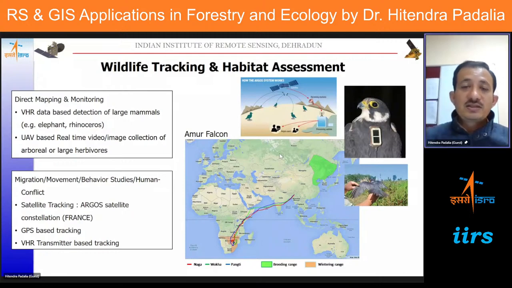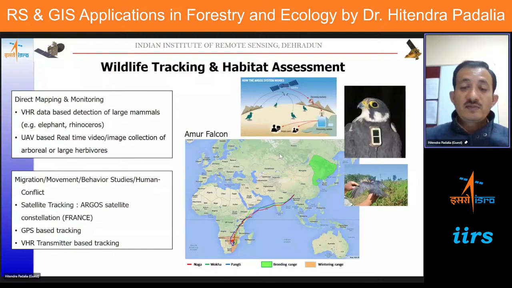So they tag this and then they track the movement of 3 individuals, and you can see in the map that a very interesting track route has been generated using satellite telemetry techniques. These kinds of techniques are very useful in understanding wildlife ecology, their dispersal routes, their feeding, resource utilization, and any threat to these particular birds which leads to their mortality can also be understood from this.